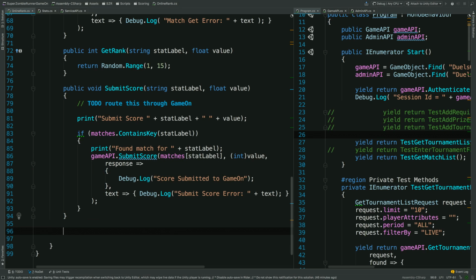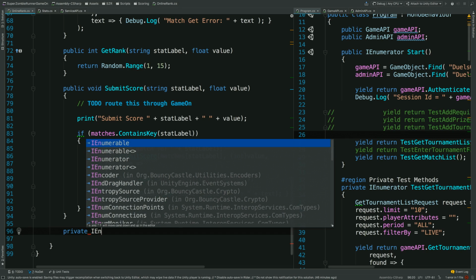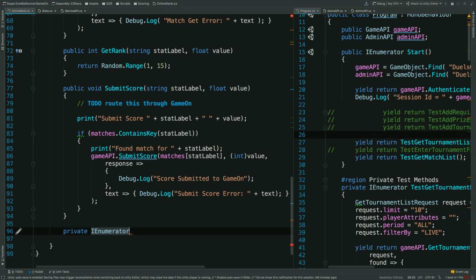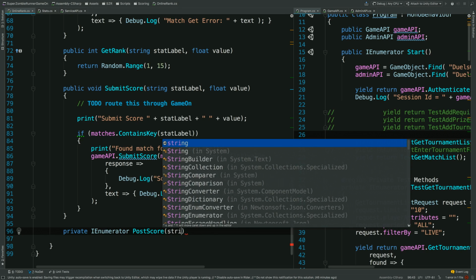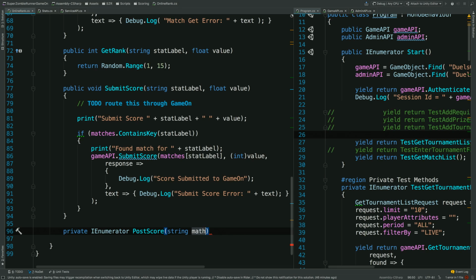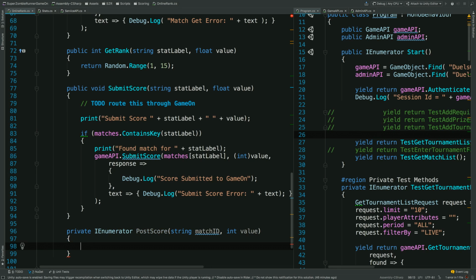All right, let me do this. Private enumerator PostScore. We need a string match ID and an int for a value. And then we'll do